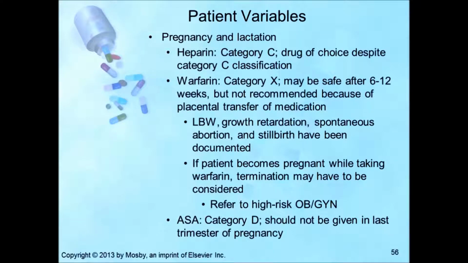Looking at patient variables, again, geriatric patients on heparin: elderly patients may have low levels of AT3 and therefore have increased thrombotic potential. It may be difficult to achieve therapeutic PTT levels in these patients. Coumadin is difficult as well because liver function declines with aging, resulting in slower metabolism of the warfarin. Therefore, a decreased dose is often warranted.